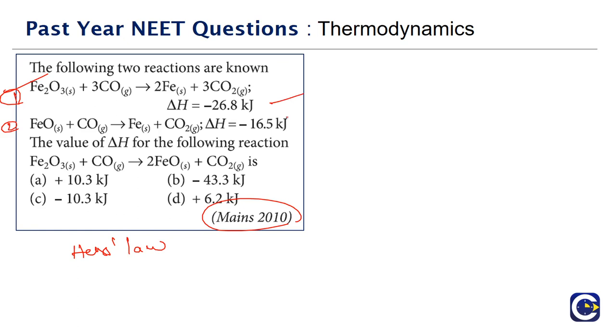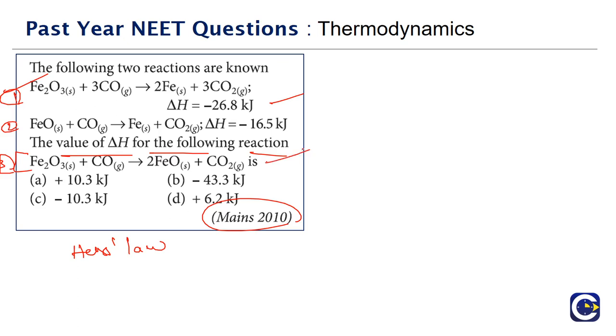Second reaction is what? FeO plus CO gives rise to Fe plus CO2. Delta H is minus 16.5. Then we have to find what is the delta H of the following reaction. What is the unknown reaction? We can call it equation 3. Our task is to find what is the delta H for this reaction. So again same, the given equations we have to make a suitable combination. We have to adjust them. Maybe we'll reverse some of them, we will multiply them by a factor, we'll modify, and when we add the modified equations, we should get the overall unknown equation.